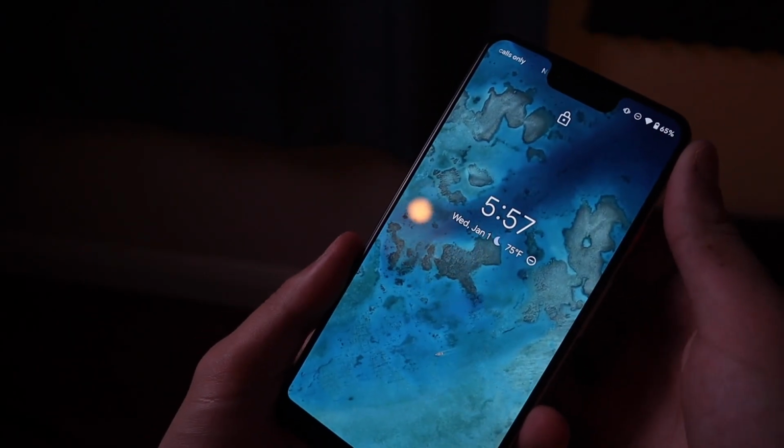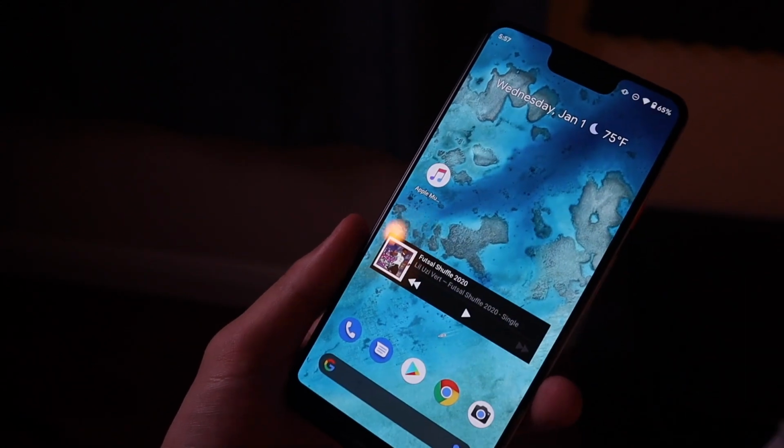And also, one huge complaint about the Pixel 3 is that notch. And yes, that notch is humongous. When you look at it from afar, when you're not using the phone daily and you just see the notch in someone else's hands when they're using this huge device, they're like, the notch is kind of a turnoff. But once you have the device for a week and you're using it daily,